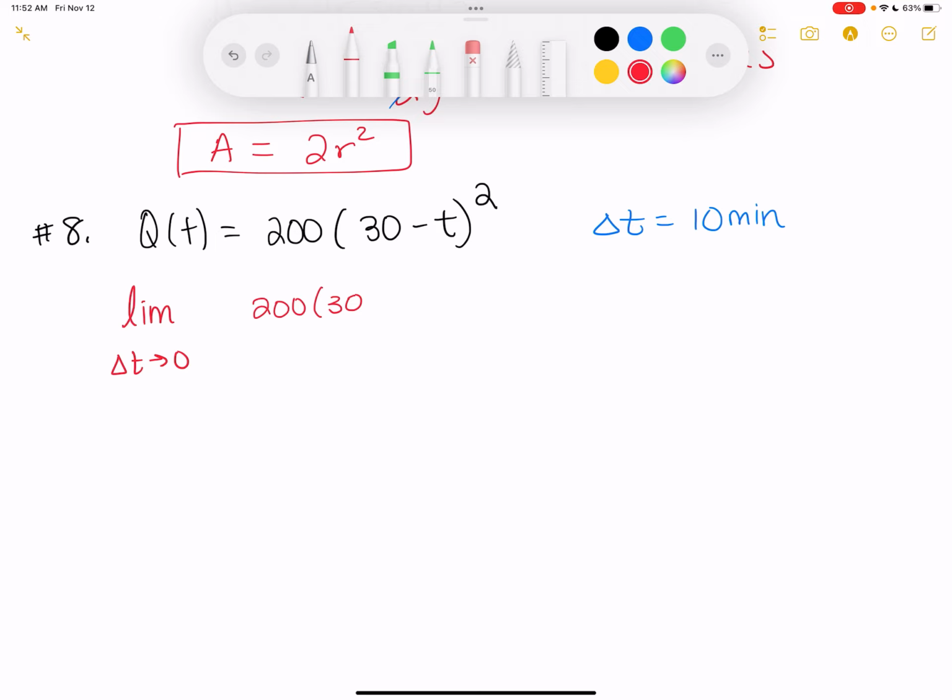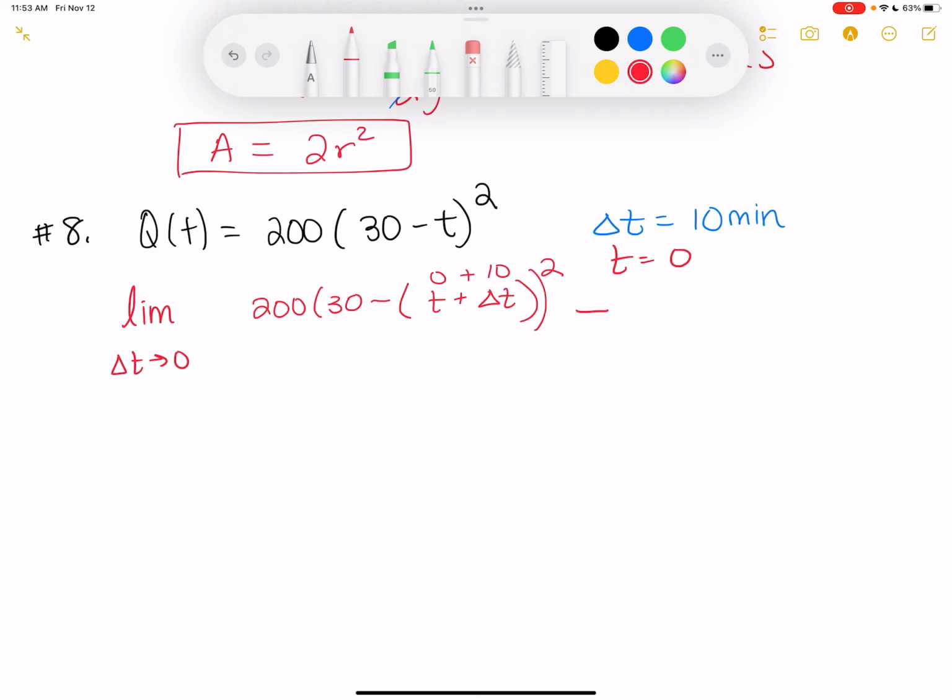Wow. All right, so 200 times 30 minus, now anywhere I see t, I'm putting my initial t value, which is equal to 0, okay? It's easier for me to figure it out. So t plus delta t, which is going to be 0 plus 10, and that whole piece there is getting squared, from this formula. So right now we've taken care of the first part,